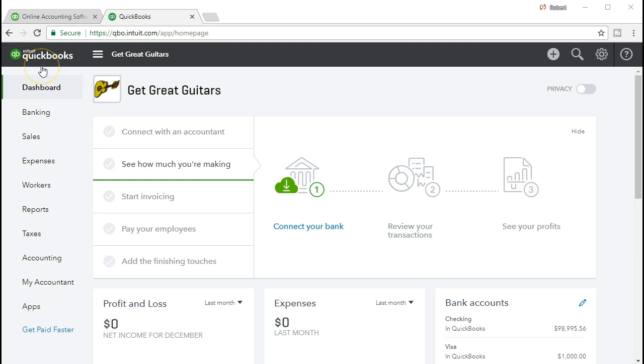Here we are in the QuickBooks Online dashboard. We will be continuing with the Get Great Guitars problem. We're working on reversing entries here, and the entries that we are reversing are some of the adjusting entries, those entries made at the end of the time period, usually a month or a year, in our case, the month of February. We're reversing those in order to separate the two functions, one being the normal day-to-day processing function to move logistically well as compared to the month-end process to make the financial statements in accordance with the accrual principle